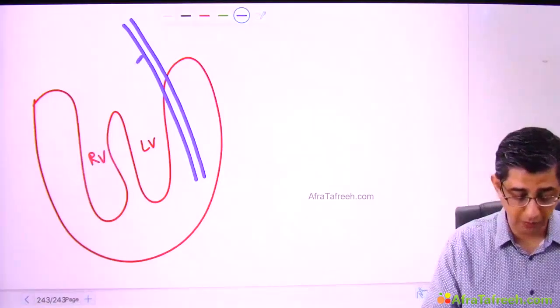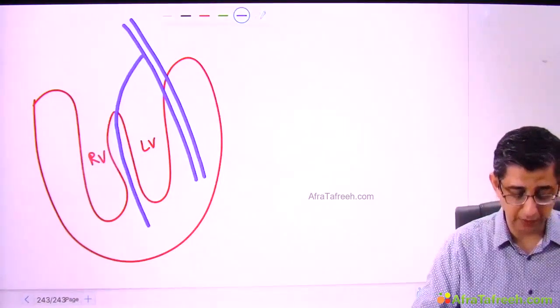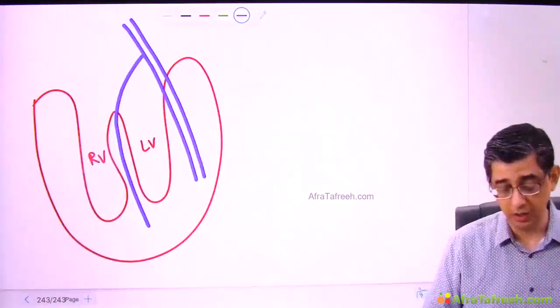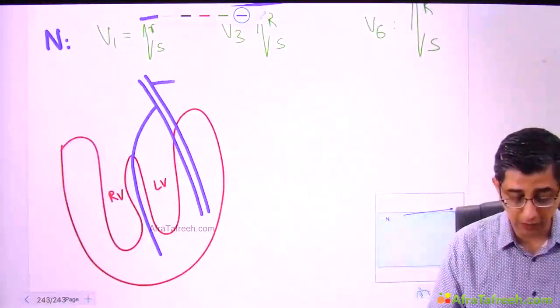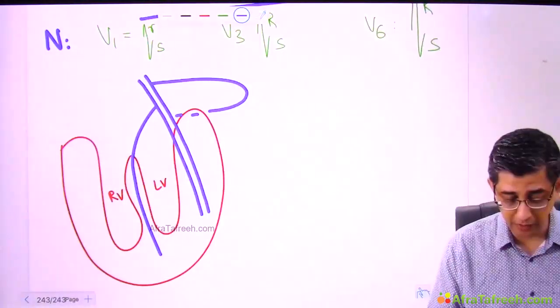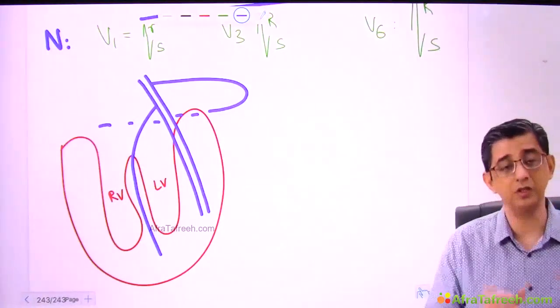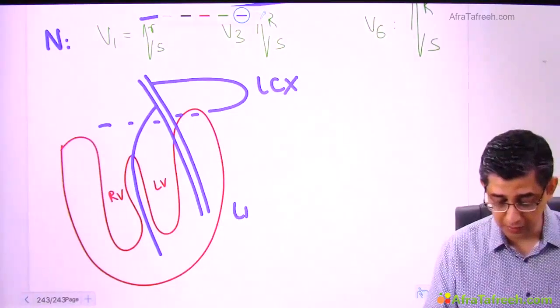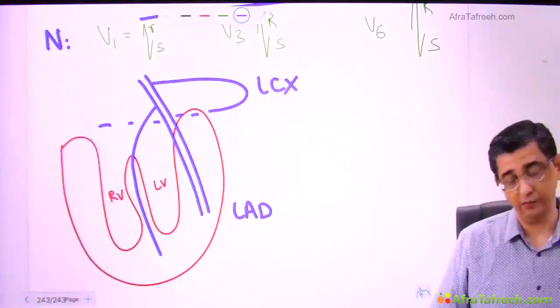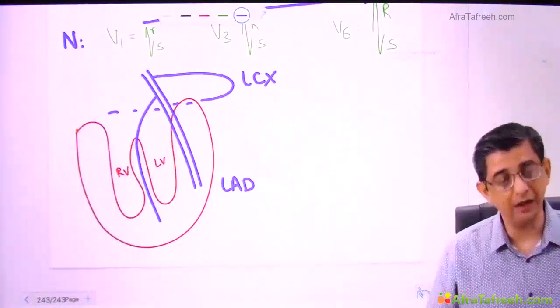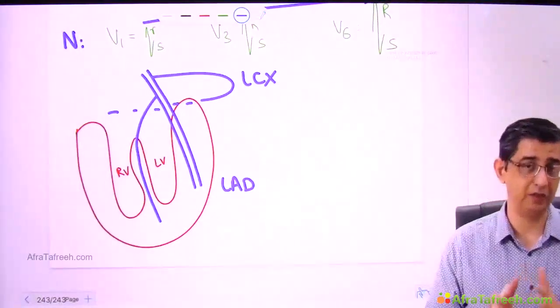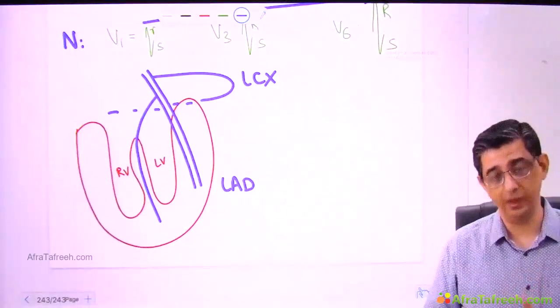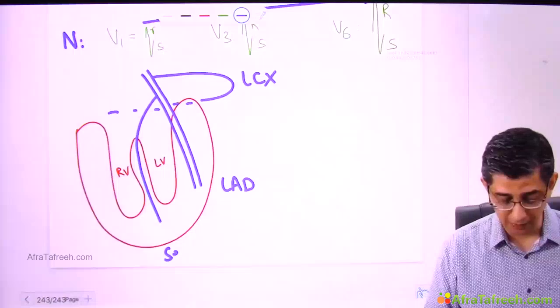I'm now going to give off a branch of the left anterior descending artery. This is the septal branch. I'm going to show one more branch which will curl around the left ventricle and run posteriorly. The reason I've drawn it dotted is because it is going posteriorly. That is the left circumflex artery. So three arteries have been highlighted here. Left circumflex supplying the lateral surface of the heart. LAD, the one that supplies the major surface of the anterior part right up to the apex. And then there is the septal branch as well.